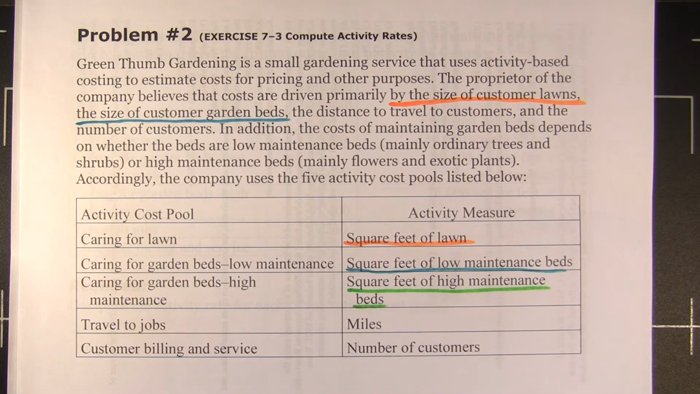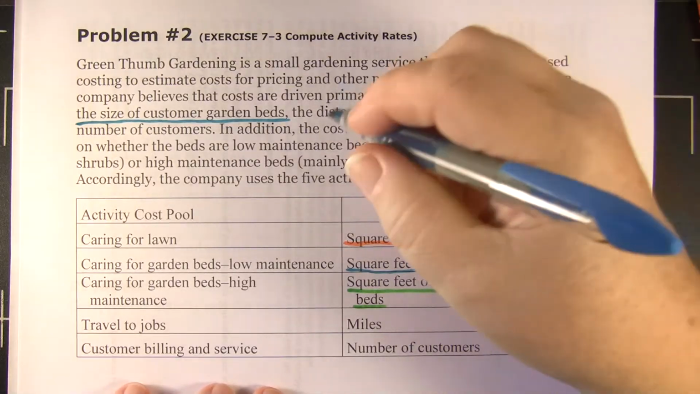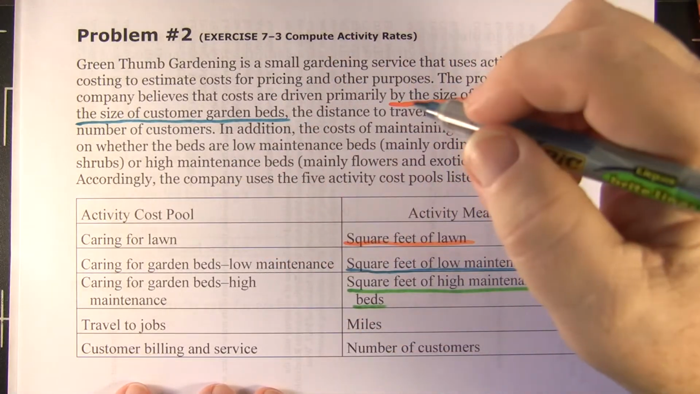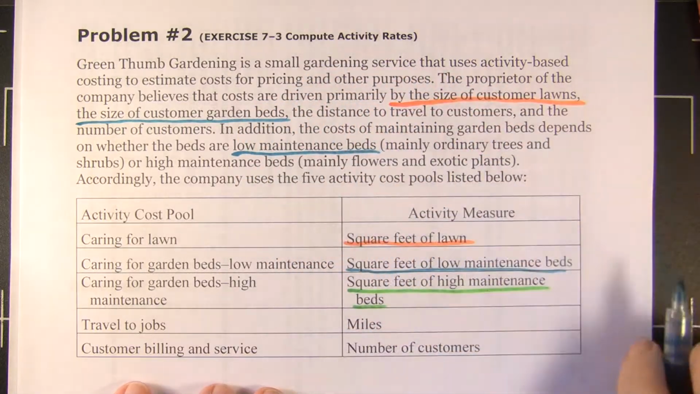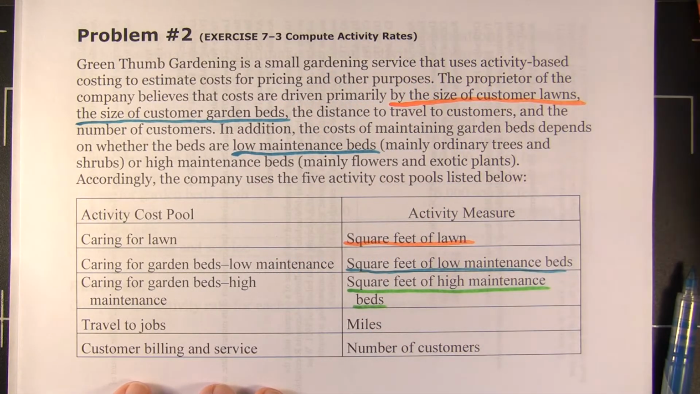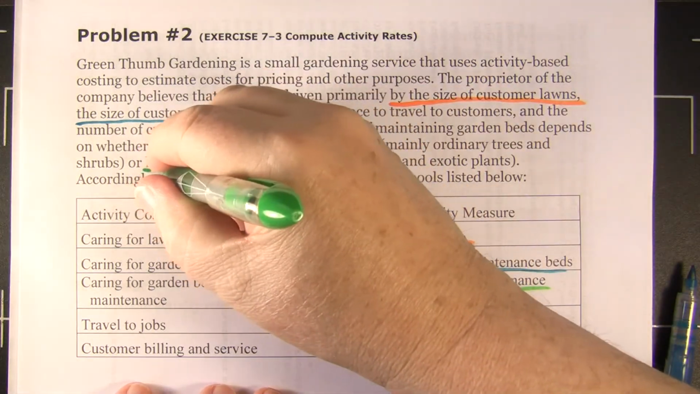And then it says, in addition, the cost of beds depends on whether the beds are low maintenance, which we did in blue, which are basically trees. I don't know how you maintain a tree. You say, yep, it's a tree. And high maintenance beds,